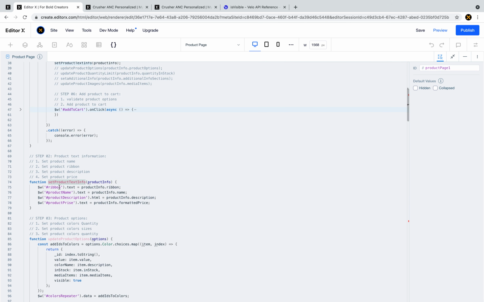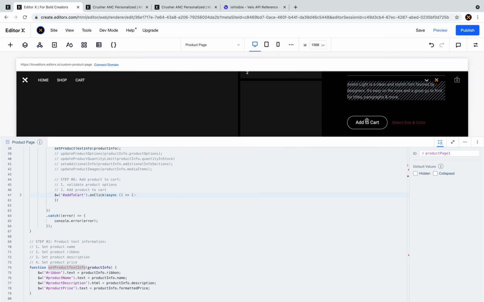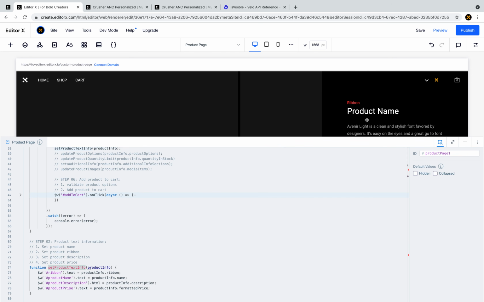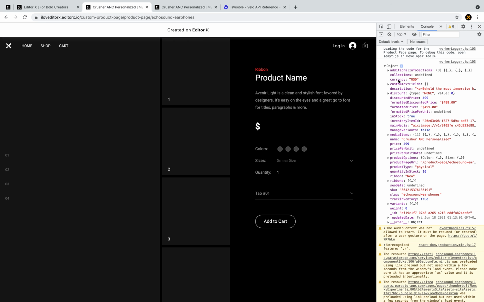What this function does is select my text ID. This is the ribbon, and I call it ribbon. So ribbon text is equal to product.ribbon. If I look right here and search for ribbon, you can see that it says